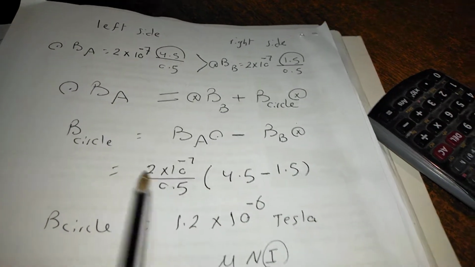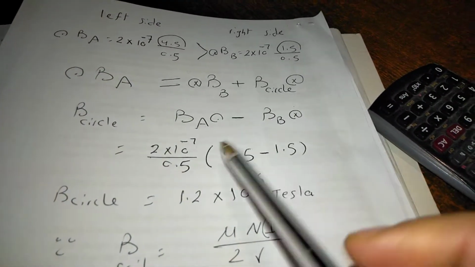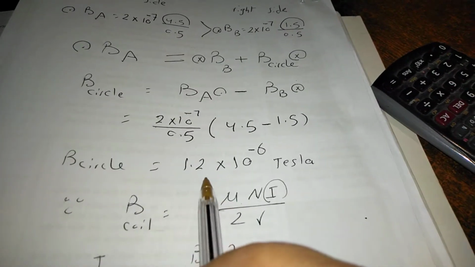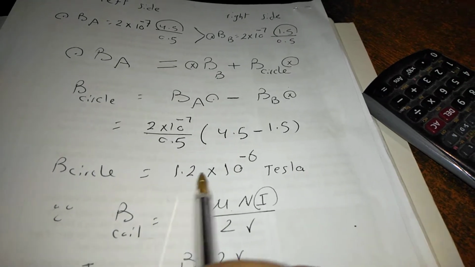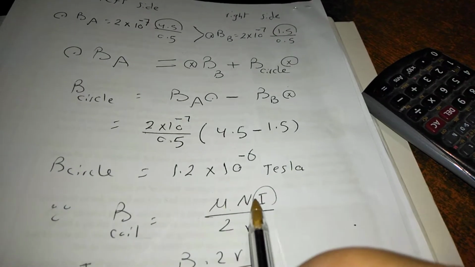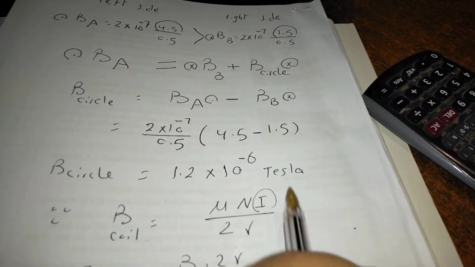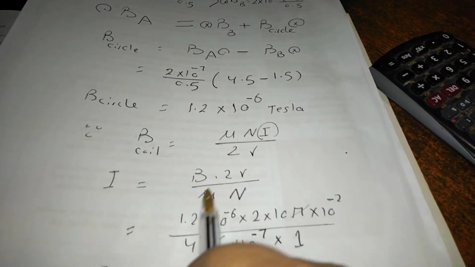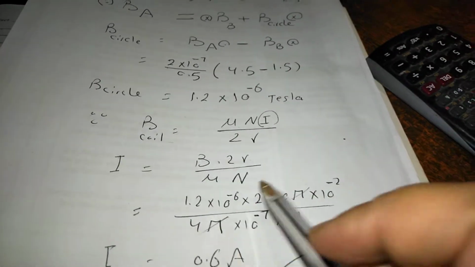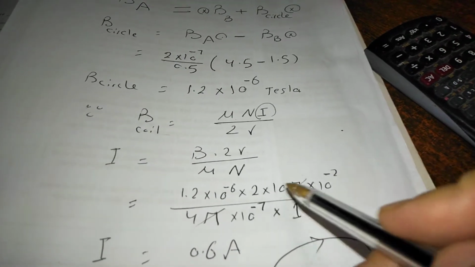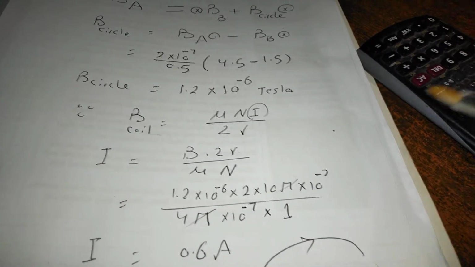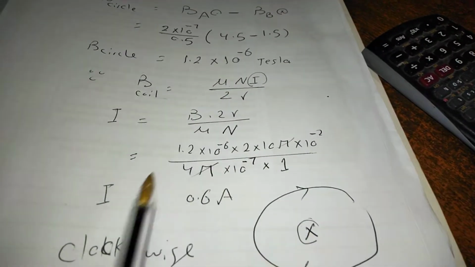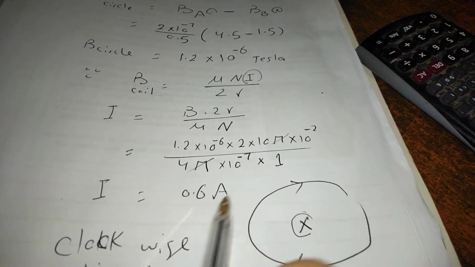We must solve it. Solving the problem to get the value of the field, we find that the output from the subtraction is 1.2 times 10 power negative 6 Tesla, and I'm going to keep I at a side. After some calculation, I equals B times 2R divided by mu naught, and here pi is simplified with pi, and we have here conversion in meter. So the current has a value of 0.6 ampere,